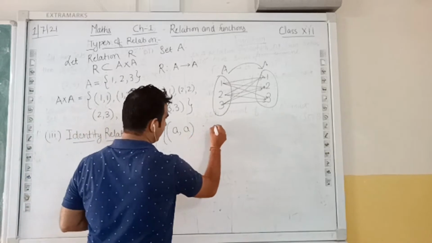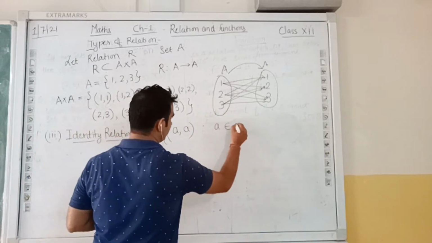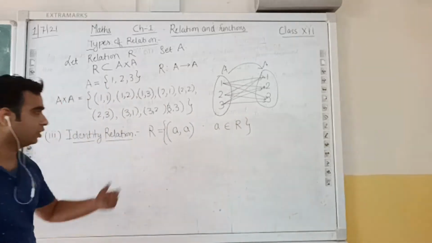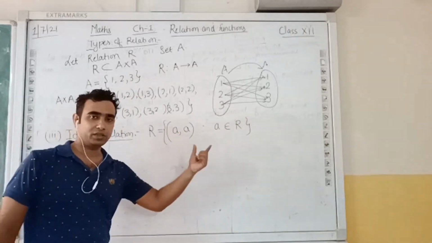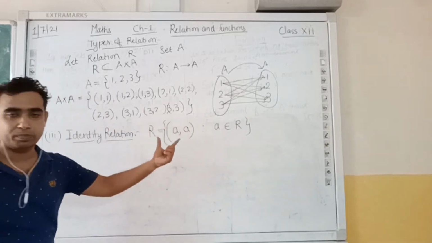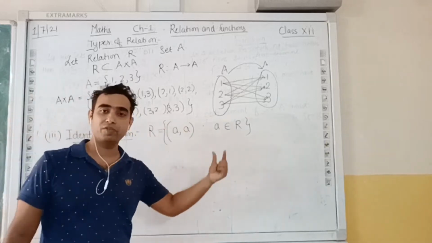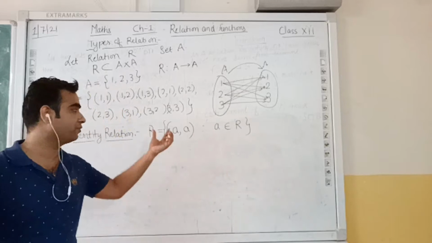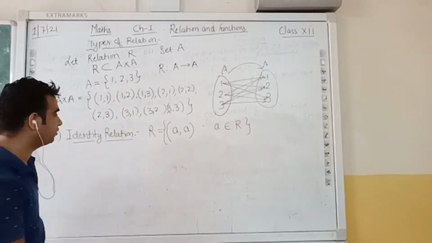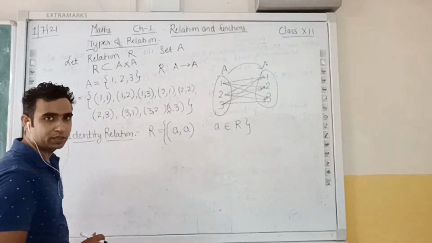where A belongs to the relation R. Where A belongs to the relation R. Means here ऐसा relation जिसके अंदर हमें वापस से क्या हो ऑर्डर पेयर्स ऐसे ऑर्डर पेयर्स जिसके अंदर सेम फर्स्ट और सेम सेकंड एलिमेंट्स हो यानी कि फर्स्ट एलिमेंट सेकंड एलिमेंट की दोनों की वैल्यू क्या होनी चाहिए सेम होनी चाहिए, that one will be called your identity relation.